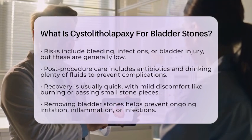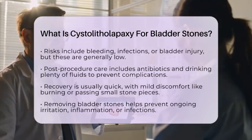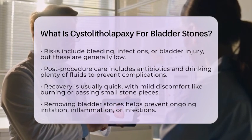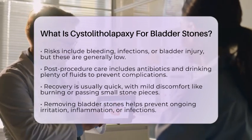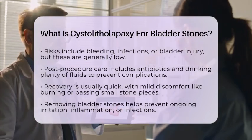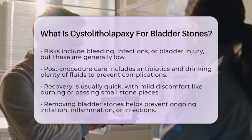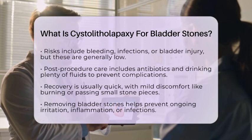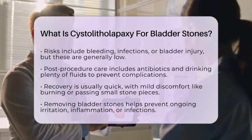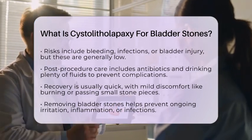The procedure is generally safe and effective. Risks are low but can include bleeding, urinary tract infections, or injury to the bladder. Doctors often give antibiotics to prevent infection and advise plenty of fluids afterward to help flush out any remaining fragments. Recovery is usually quick, with some mild discomfort like burning during urination or passing small stone pieces in the urine